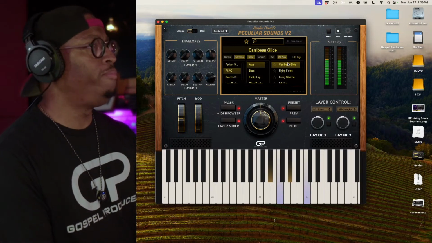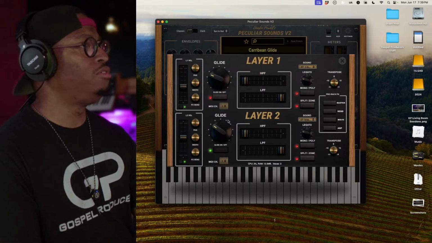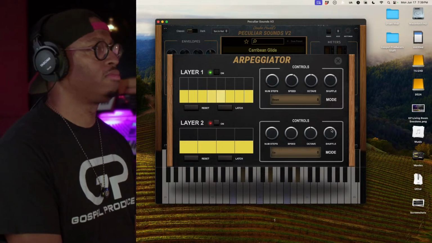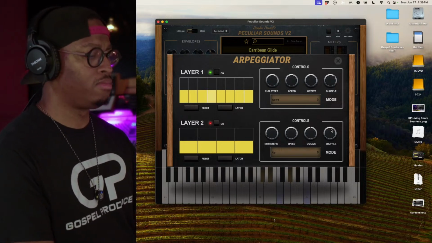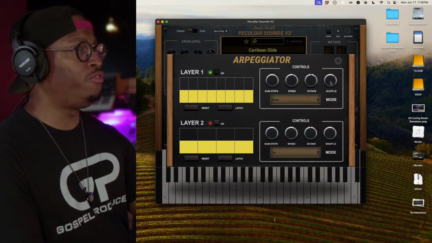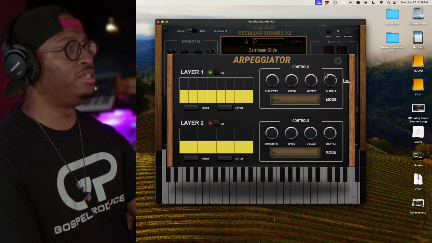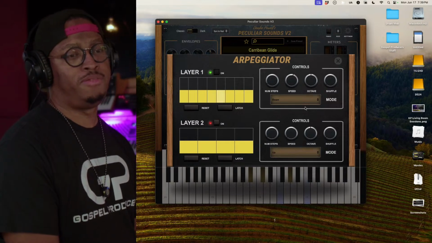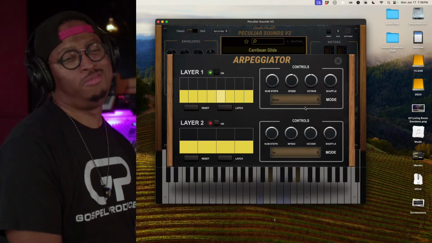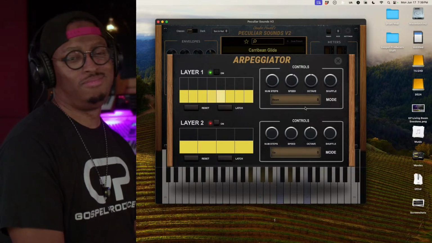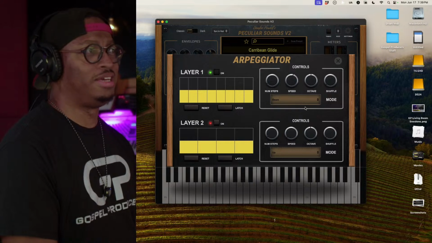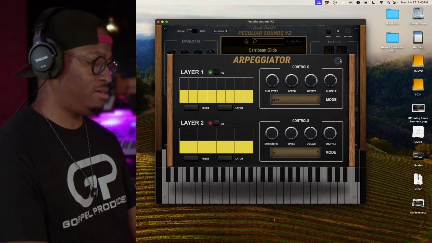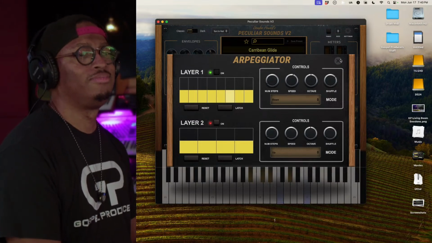And for all of you who don't know what's going on, this is a perfect way to show the arpeggiator and what it's doing. What's really going on with this is the shuffle feature. Typically, I love the shuffle. It's at like 60%. So if I do it at 0% shuffle, which is about that, that's dope. But if you're trying to get into some of the Caribbean sounds, you got the